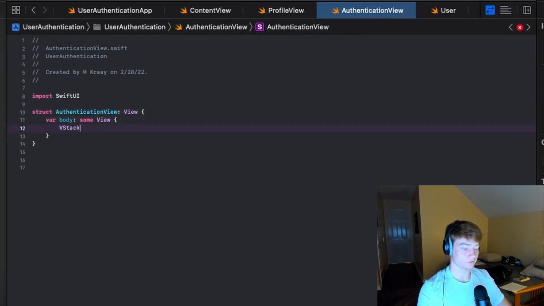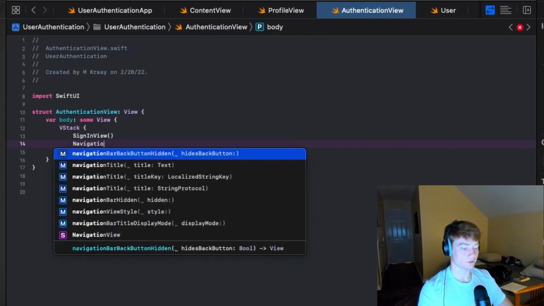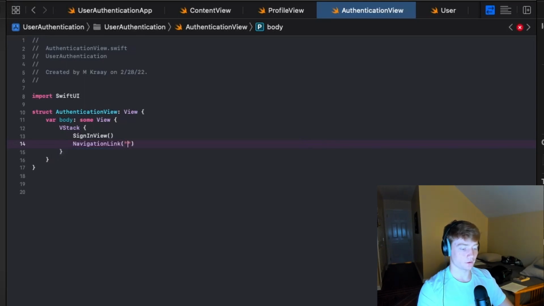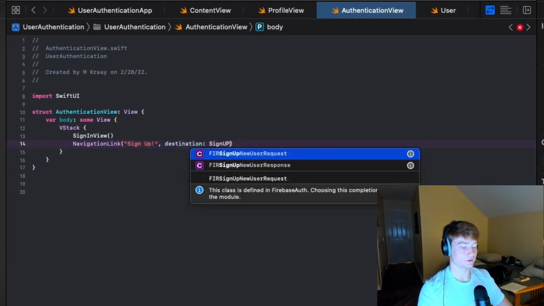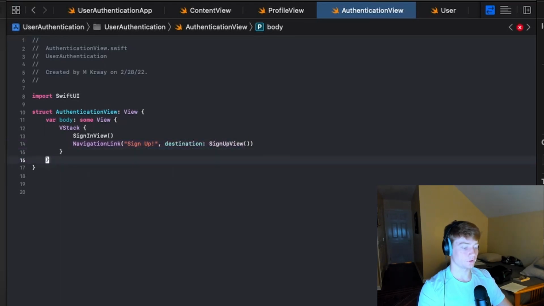We're going to have a VStack, and we're going to have first a sign in view, and then we're going to have a navigation link. Some text will say sign up. And then our destination will be a sign up view. This should all look very good in just a second. So we're going to have struct SignInView, another view, and we can just do environment object var user